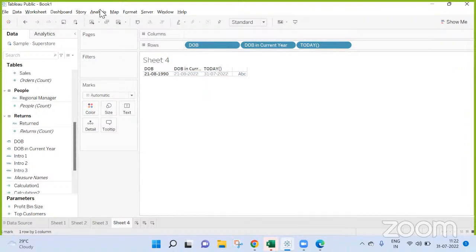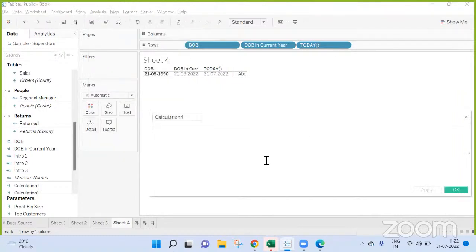So let me tell you what I'm saying. Here, if DOB in current year, which I have shifted to current year, is greater than today. Again, if you have a solution, you can go ahead. I'll stop. I worked on a different thing. It was hours, minutes, seconds. Okay. Let me work on this. If required, you can explain on that.